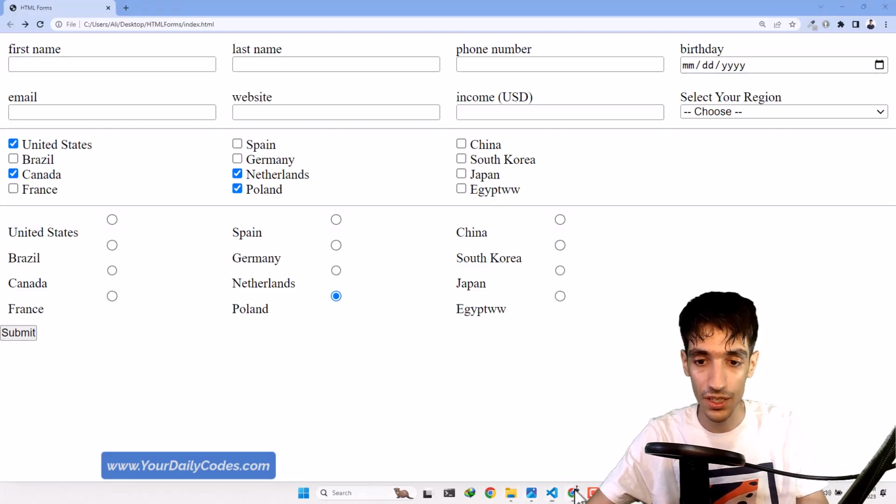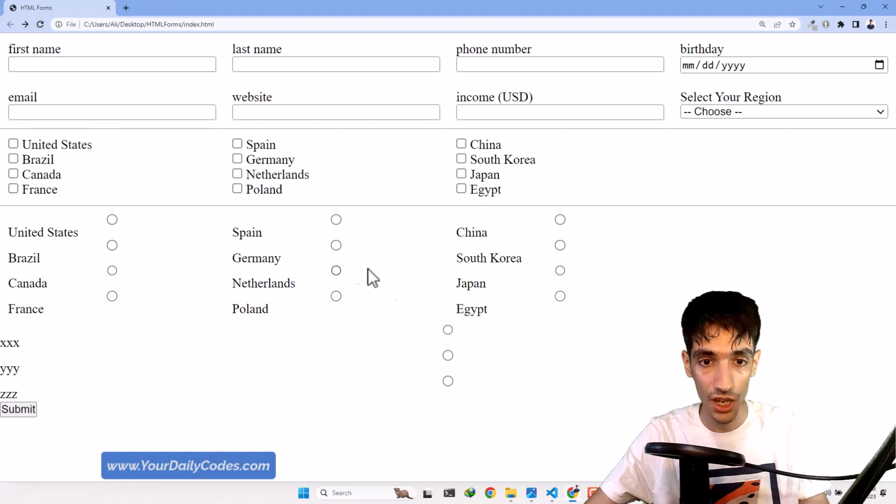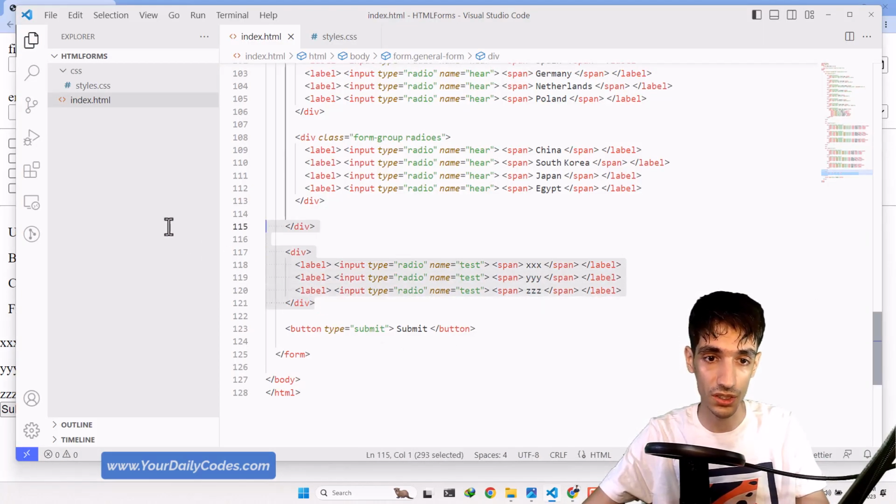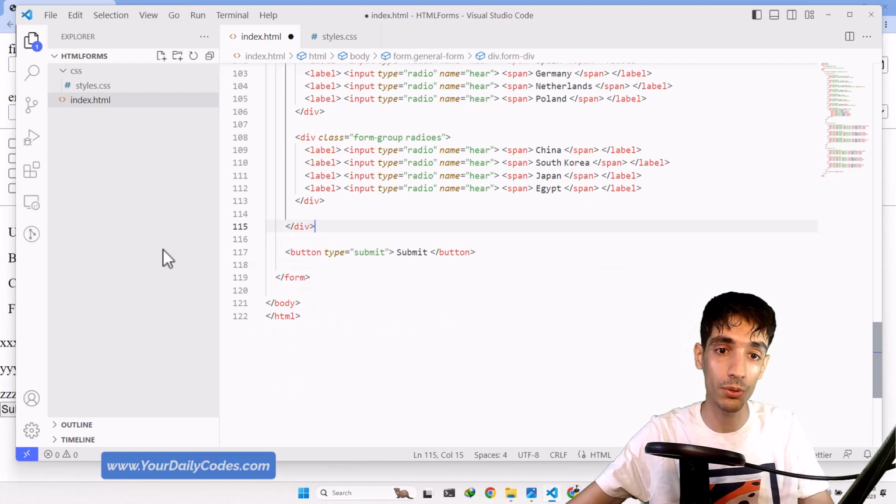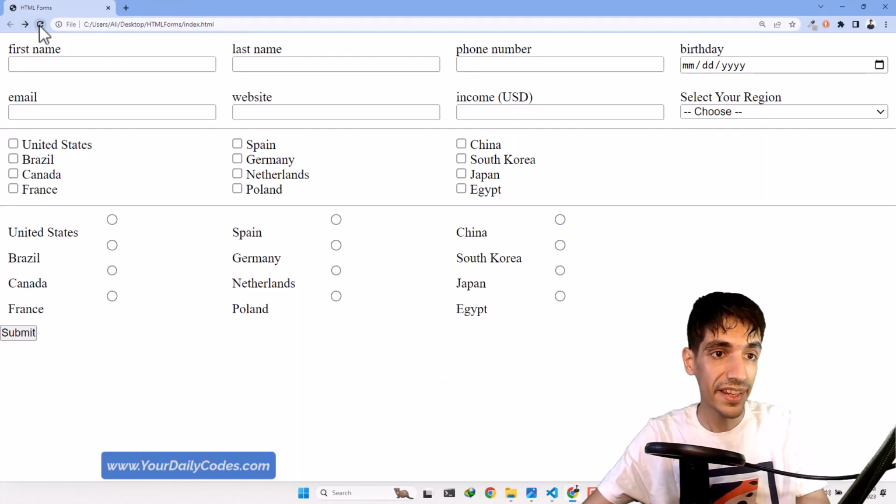So what happens is, if I come back here and hit refresh, I can only choose one of these items, but for this other group I can actually choose one as well. So for radio boxes, one thing the name does is group your radio boxes. You put them inside a group. And now that we have put names for these things,